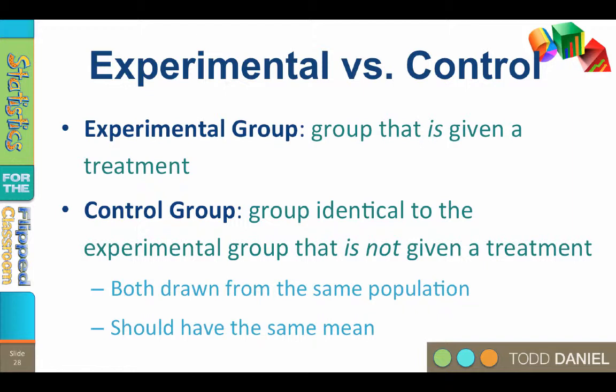If our intervention did not work, if the drug was not effective, if the education did not sink in, then we should expect that after the experiment, the sample mean of the experimental group would still be the same as the sample mean of the control group, both of which are the same as the population mean. In other words, nothing has changed because the intervention didn't work. But if, after the experiment, the sample mean of the experimental group is different than the sample mean of the control group, which didn't change from before the experiment, we then suspect that the intervention had an effect,